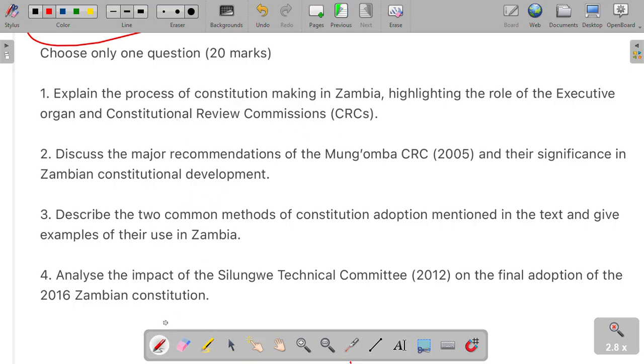So when you're answering, you make sure that you explain the process starting with the executive organ. This organ helps initiate the CRC. And then after that, you can also describe